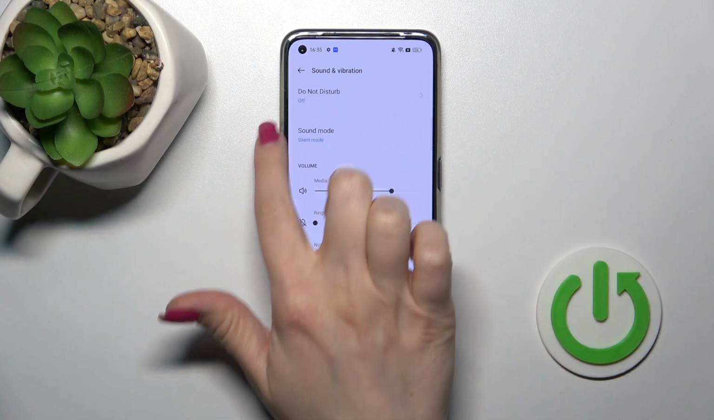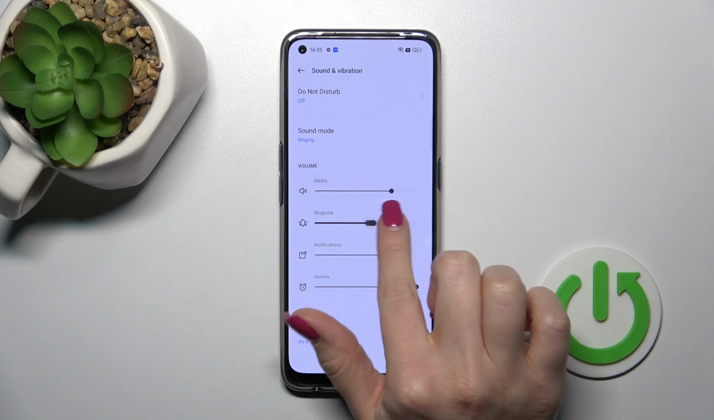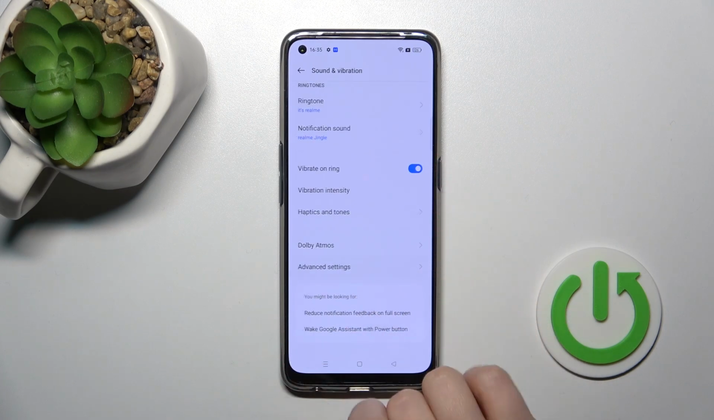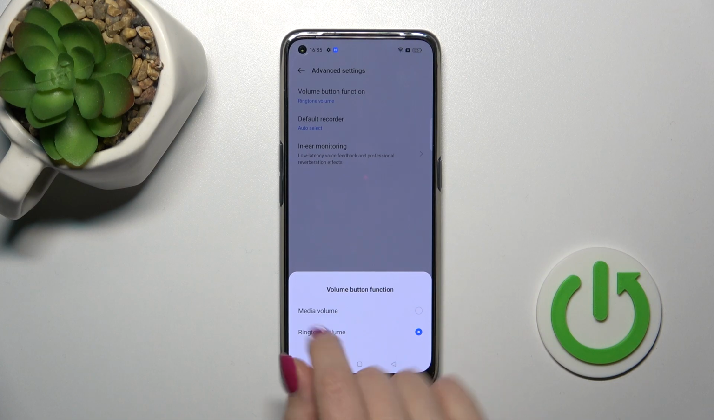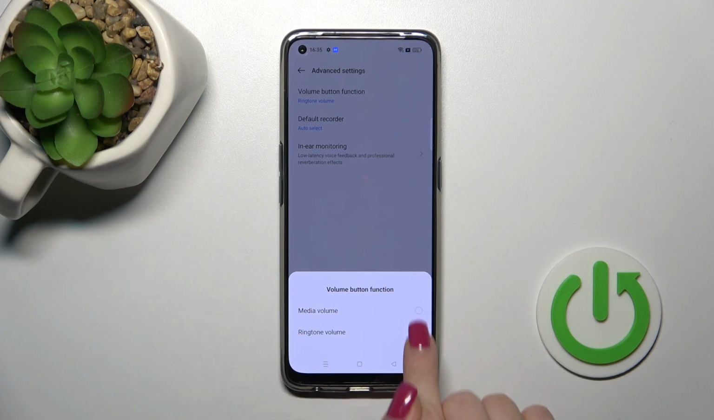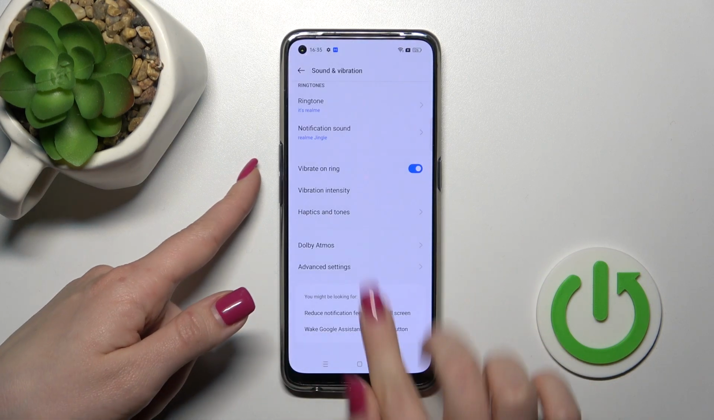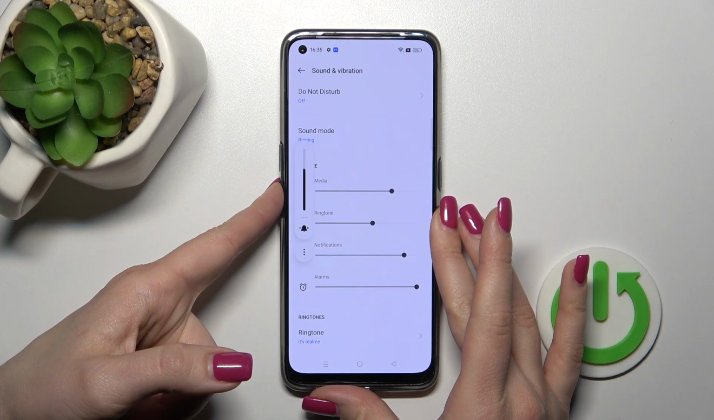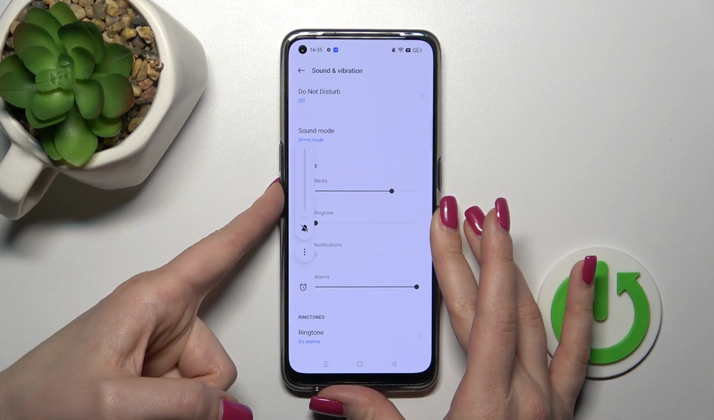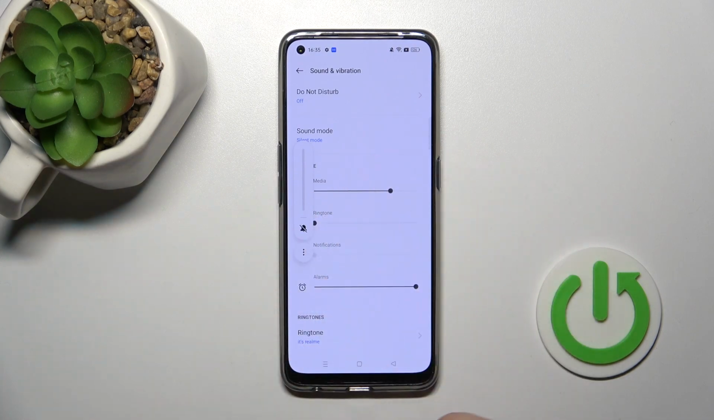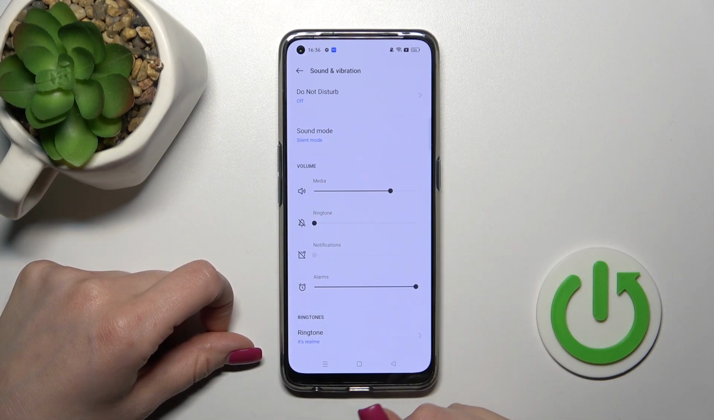Also, we have one more way we can do that with the help of the volume buttons. But first, we should go to advanced settings, to Volume button function, and switch Media volume to the Ringtone one. And now with the help of the down volume button, we also get the possibility to just mute the ringtone volume,